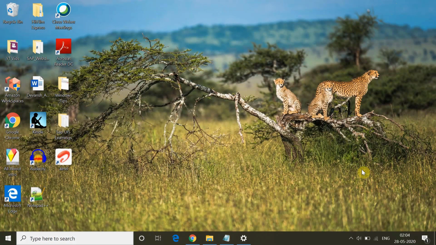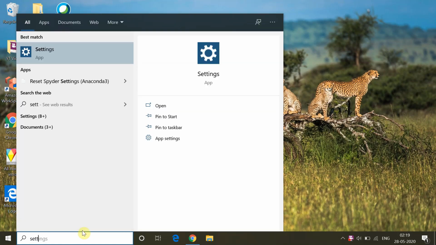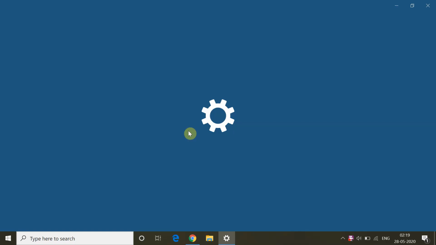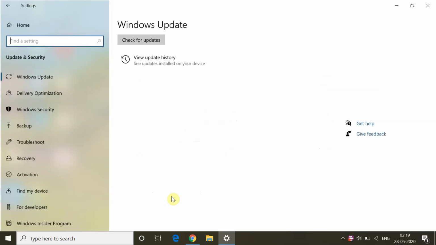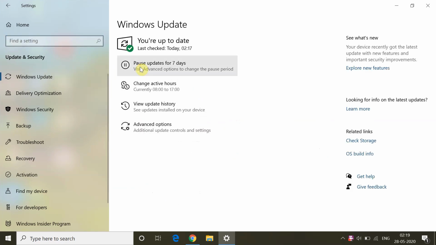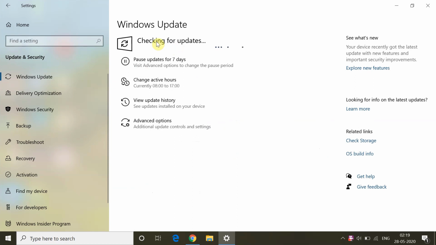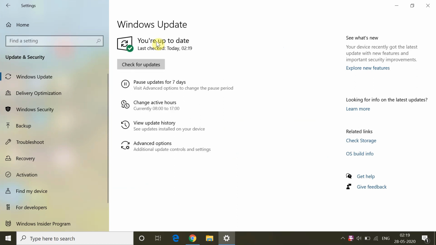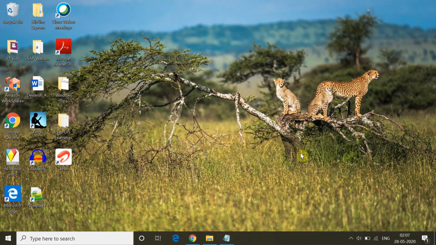After the installation is done and you have restarted your system, again go to Settings and search for Windows Update. Sometimes there are multiple updates which are not done in your system, and you have to do them one by one. So now check for updates. If your system is completely updated, you will get a message, and if not, it will start the update again. Here my system is completely up to date. After you get this message, check whether the error is still coming.